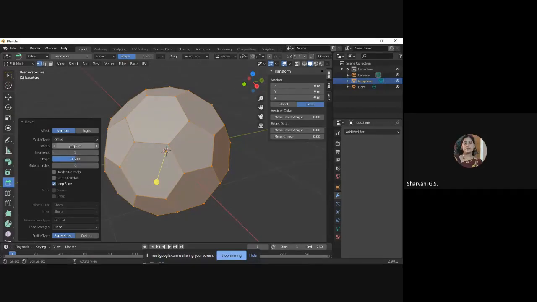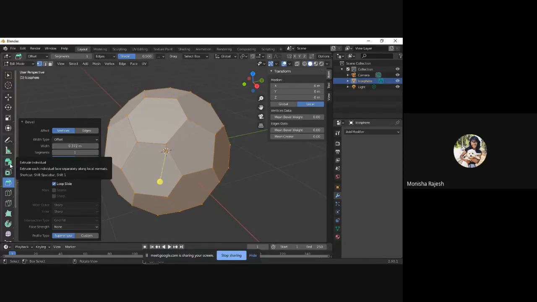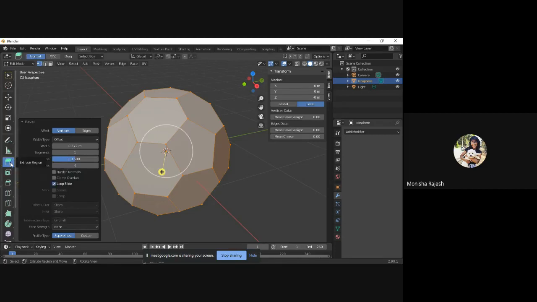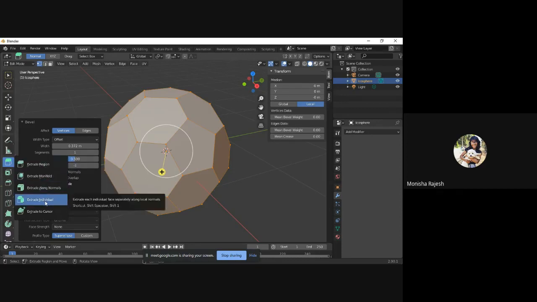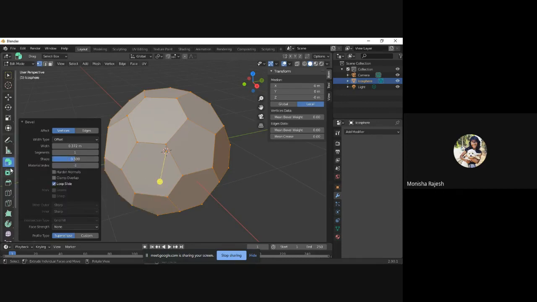Okay, great. So you can adjust the width again, like I mentioned. Once that's done, now you'll have to go to extrude. Now extrude is to pull out the faces. What's done for that is you'll normally have another option here. So you'll just have to click and press till you get these options, and here you will select extrude individual. Just to recap, hold and press extrude and select extrude individual.